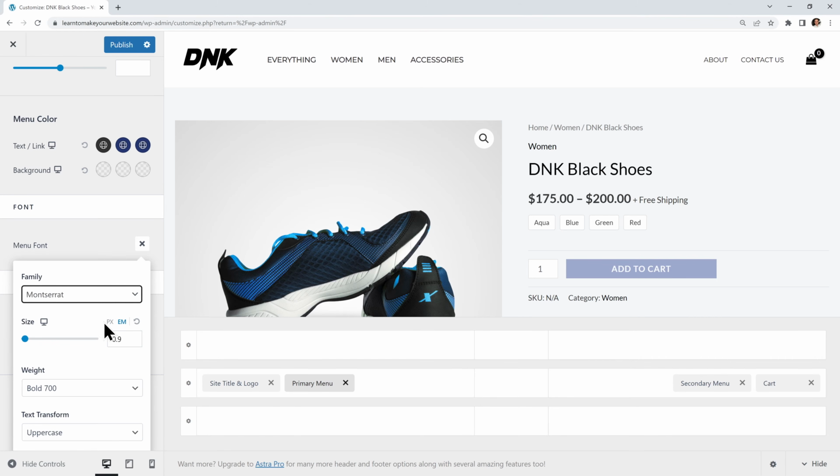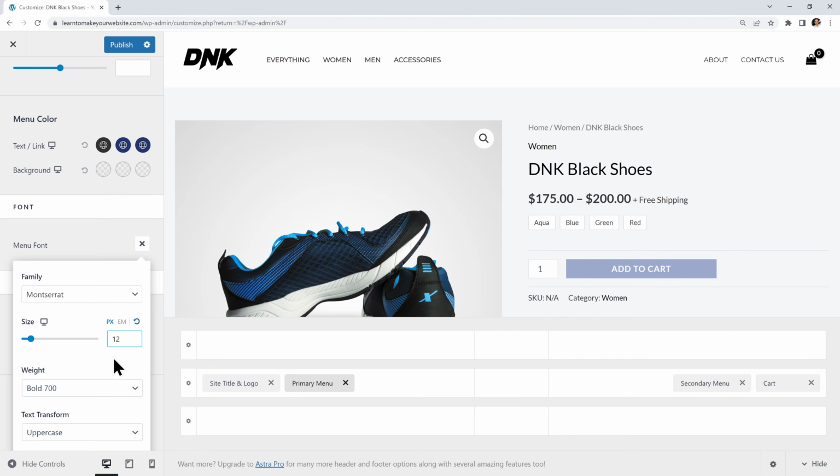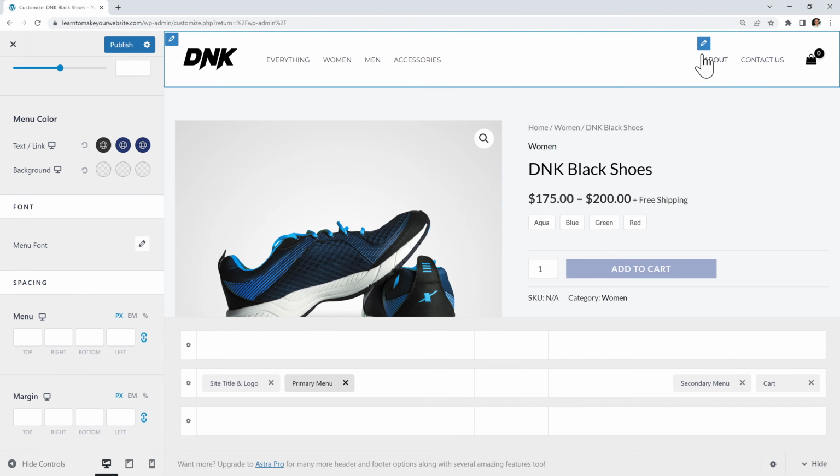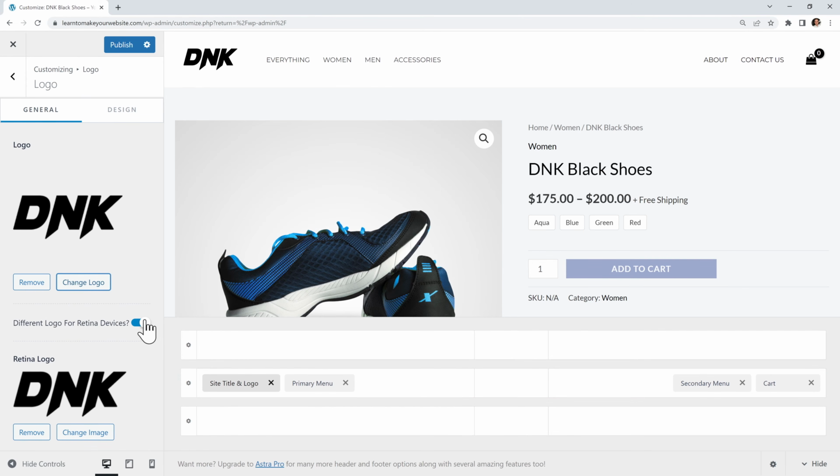Then for the size, let's select pixels first, and then set it at 12 pixels. Also we want the same weight, so let's choose normal 400. So now both of our menus up here look the same, which is perfect. Now let's start editing our logo, and we can click our site title and logo, and I'll disable this Retina